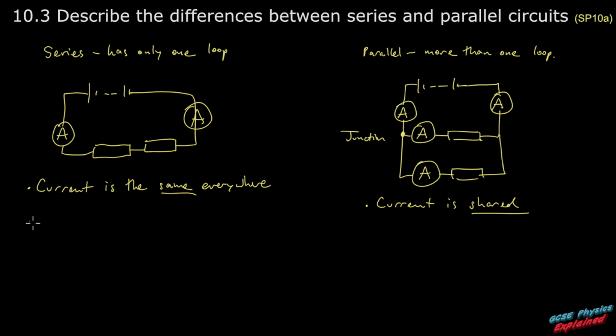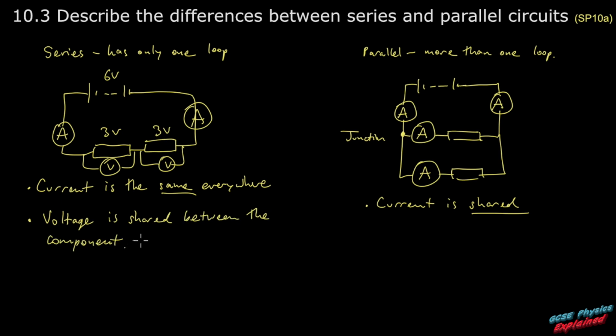Now the voltage in a series circuit gets shared. So just say you've got 6 volts from the battery. If these are identical resistors, then they'll get an identical amount of voltage. So if I was to pop a voltmeter across there and a voltmeter across there, in this case you'd get 3 volts on that resistor and 3 volts on that resistor. So it's the voltage that gets shared in a series circuit